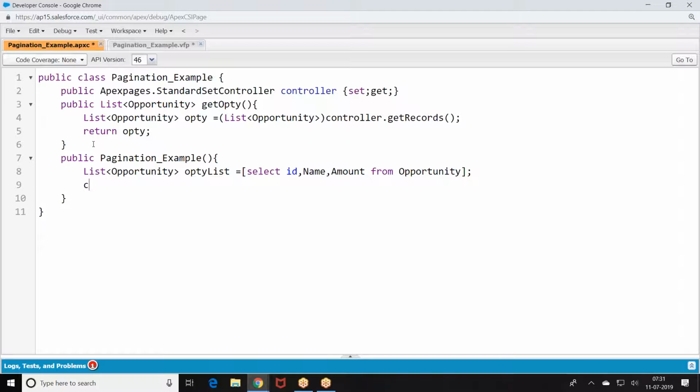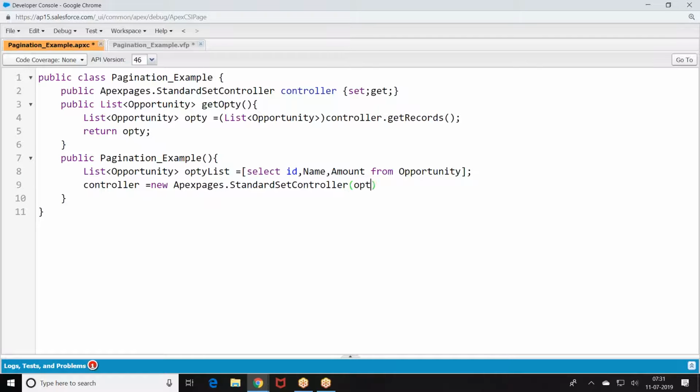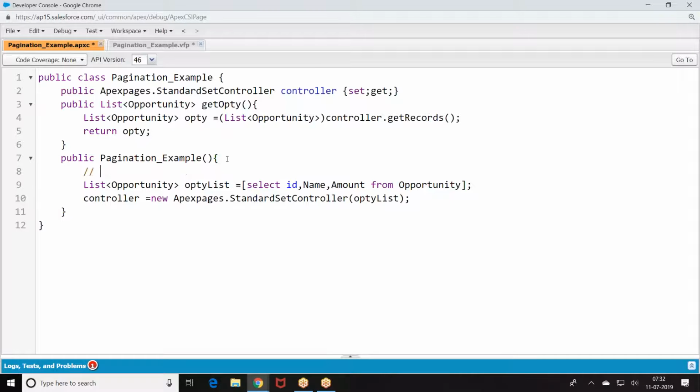Here we have standard controller. Control equal to new apex page dot standard set controller. Now, basically, what is the purpose of this standard set controller?